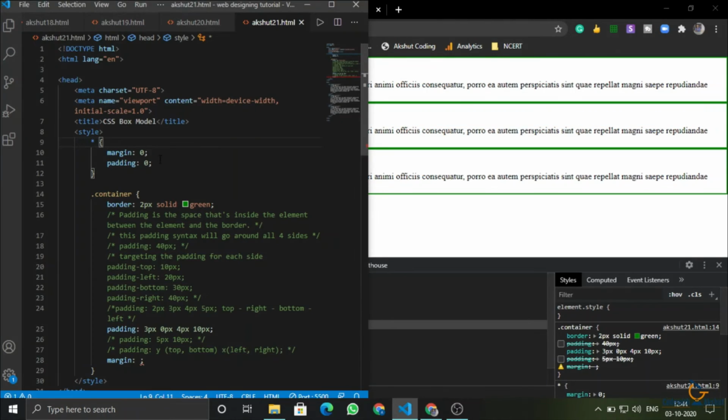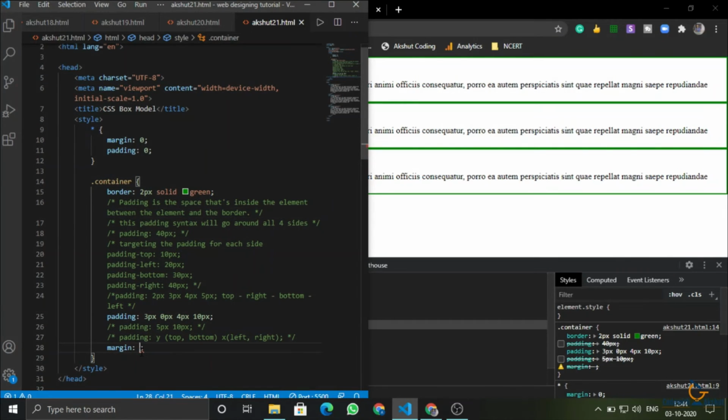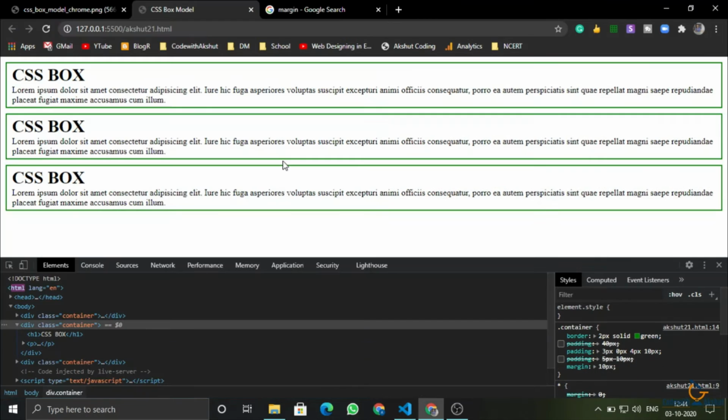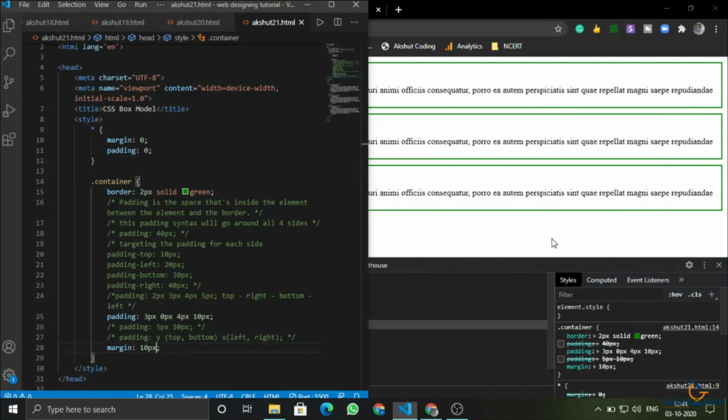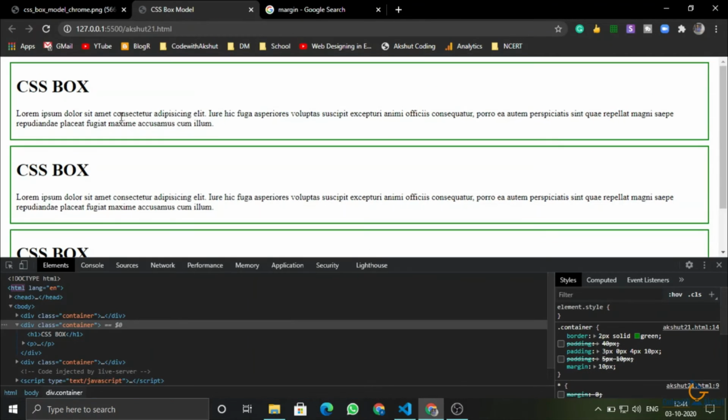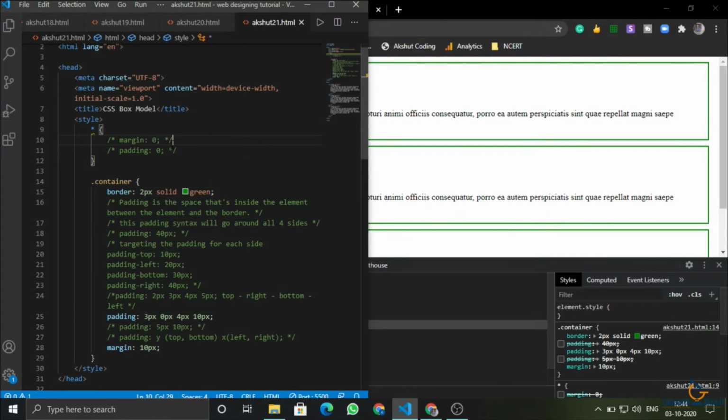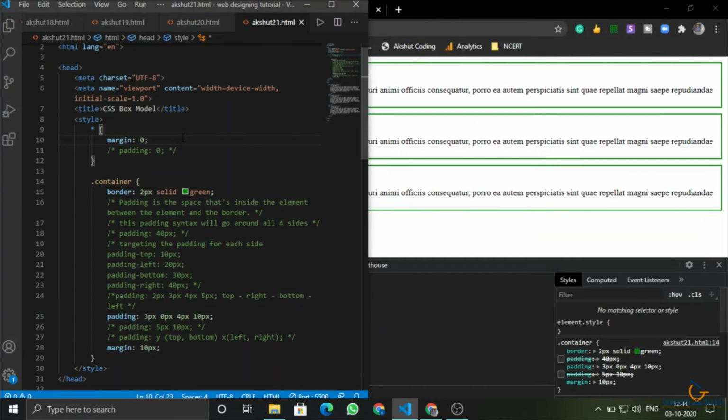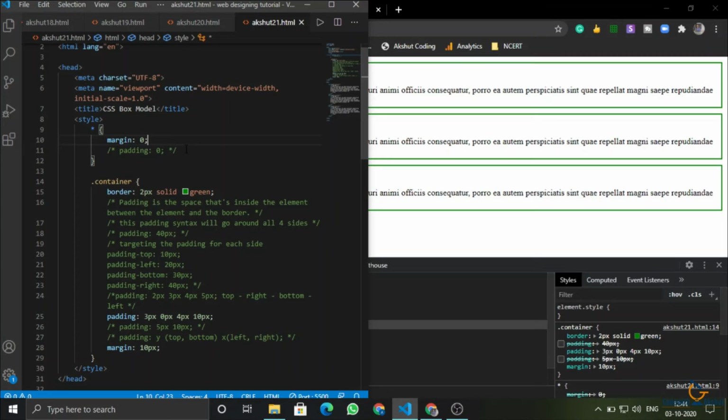If I add the margin property and write 10 pixel, we are able to see 10 pixel margin is there. If I remove this padding and margin from here, then you would see there is extra margin. So the universal selector adds the margin for each element. If I remove it, then all of the elements' margins would be removed.